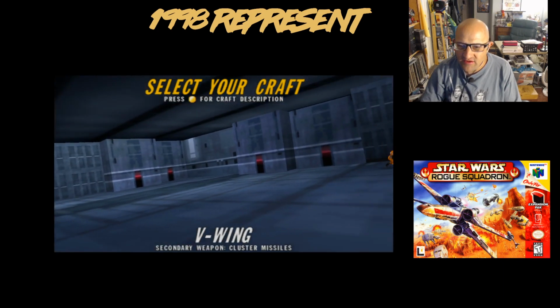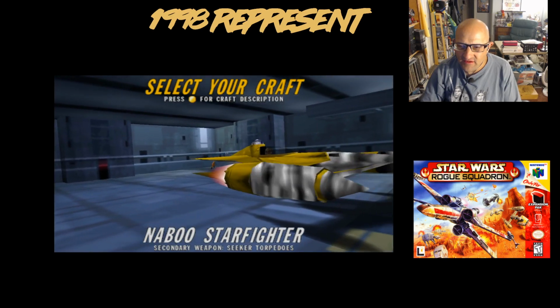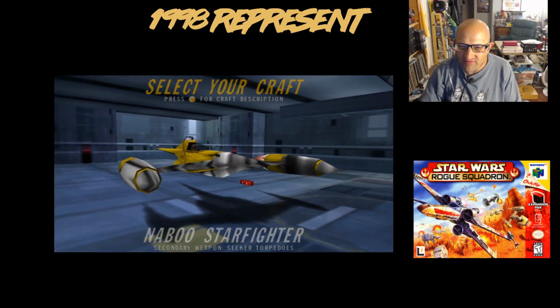The Y-Wing is the workhorse of the Rebel fleet. V-Wing. Flashy, but it gets the job done. The armor on this ship is...